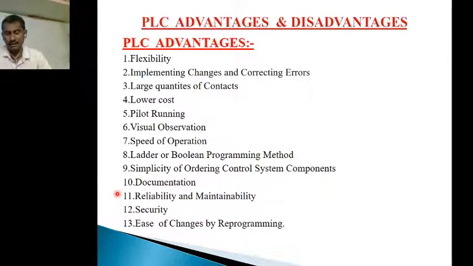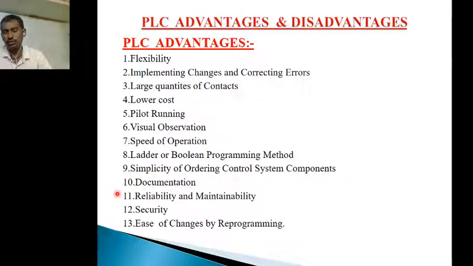But this single PLC will have all the timer operations, counter operations, conversion operations and comparison operations. All operations are inserted in the single PLC module. The number of timers, counters, conversion functions, comparison functions and arithmetic functions are all inserted in a single module.